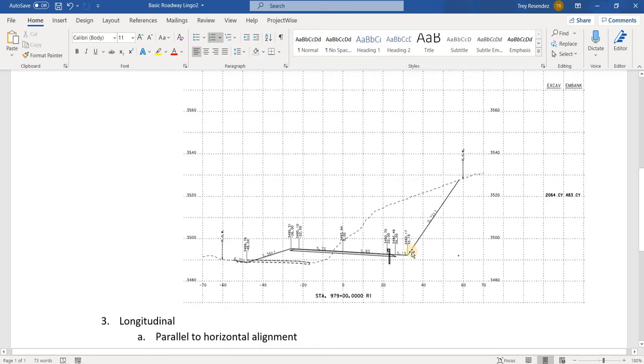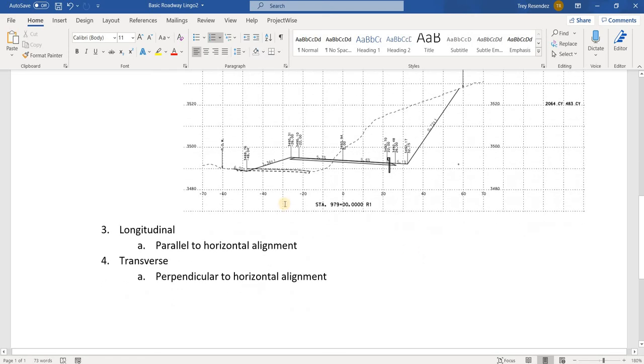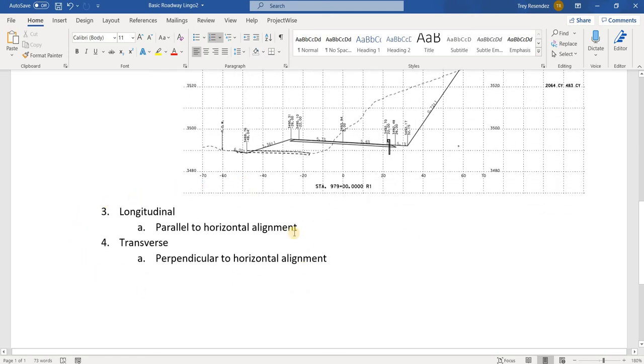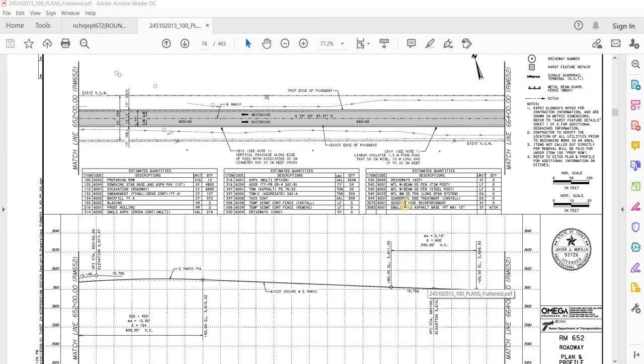If we go to the next couple of terms, these are really important, and I feel like I use these terms a lot, and it's really useful to know. Longitudinal just means parallel to the horizontal alignment, and transverse means perpendicular to the alignment. So if we go to the plan and profile again,